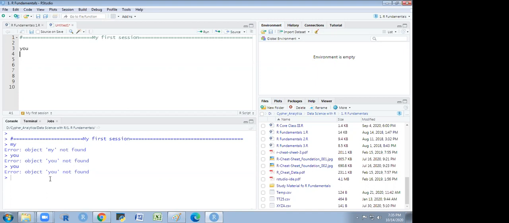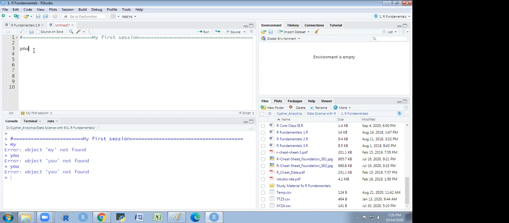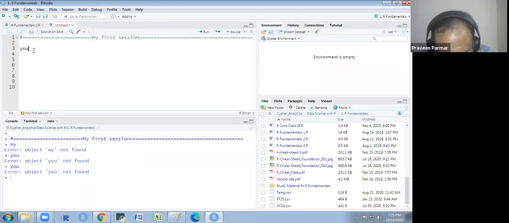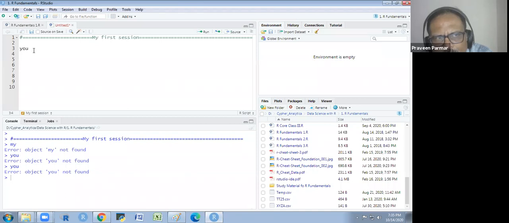Excuse me, sir, the object is not found. Sorry, sir, the first one, my first session. After I clicked on the hash key, there is this line, like a dash, before my first session. Mine is not showing the dash. After I clicked the hash, I can't see it. It is the shift then equal sign, sorry, the equal sign I am putting there. Yes, like the equal sign. It's not in my home. Am I supposed to click on the equal sign? Yeah.